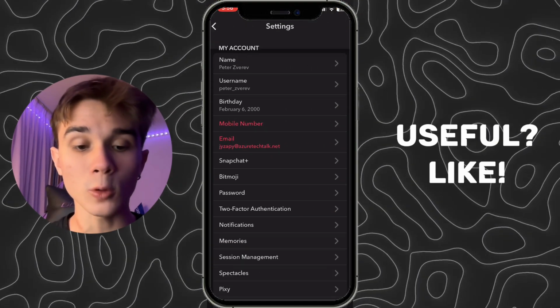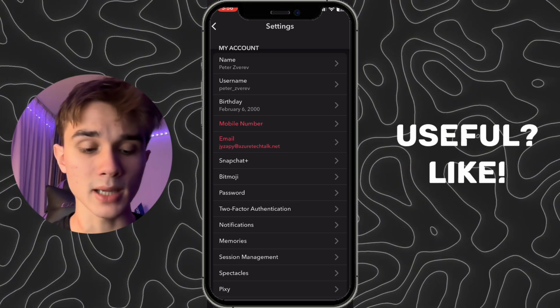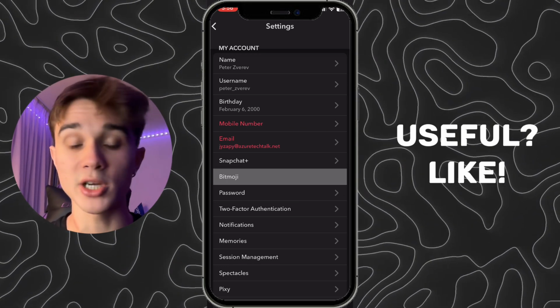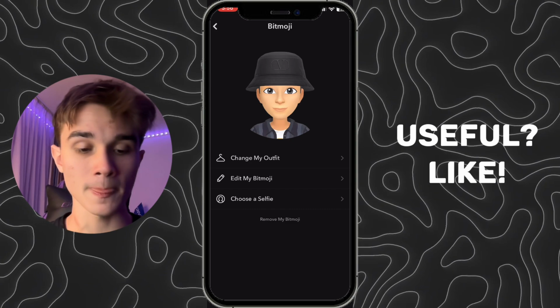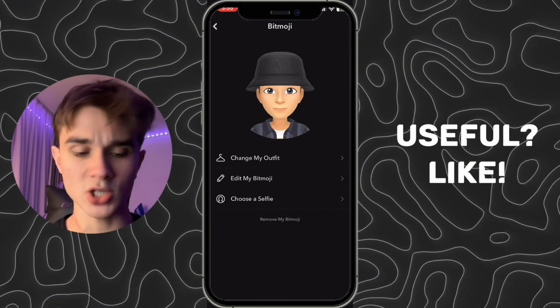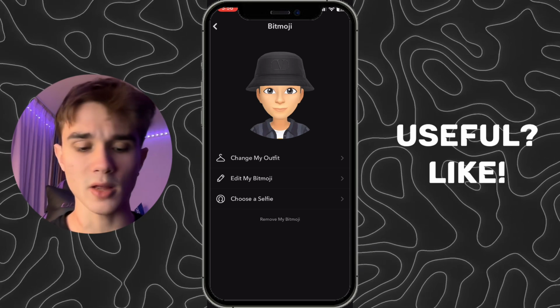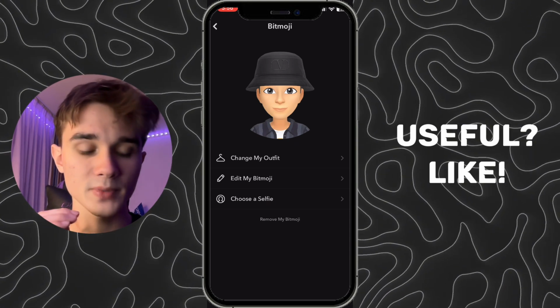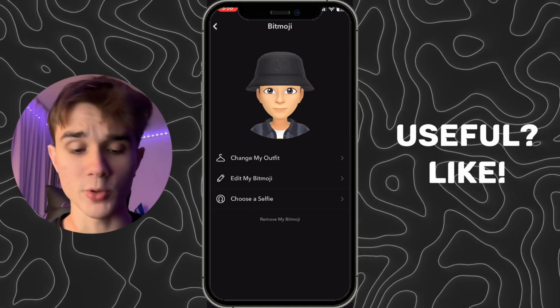Now we need to scroll down this list of settings a little bit until we'll find Bitmoji just right here, so click on it, and now we'll have some options, some settings of our Bitmoji. We can change everything, edit, choose a selfie, what we like, but just below all these options we have little